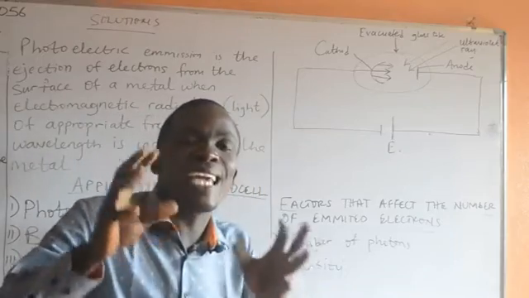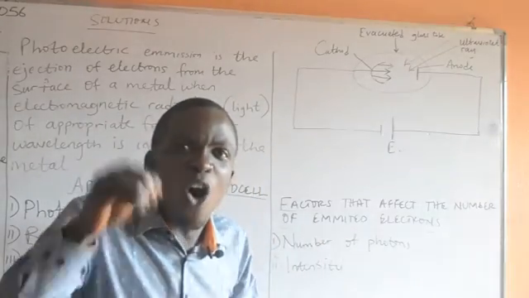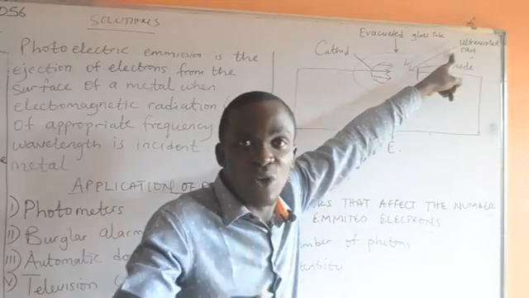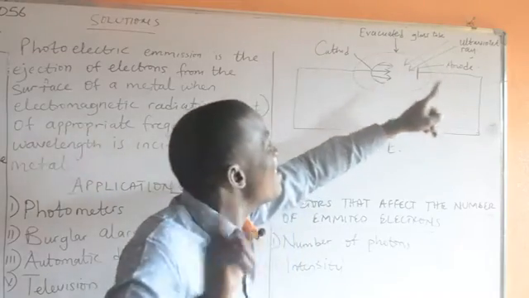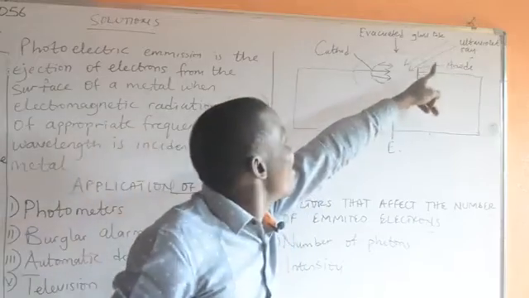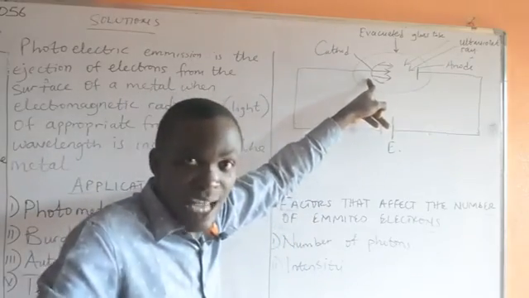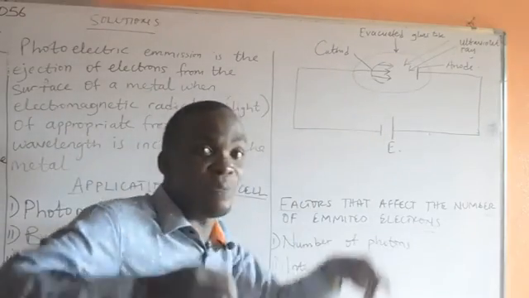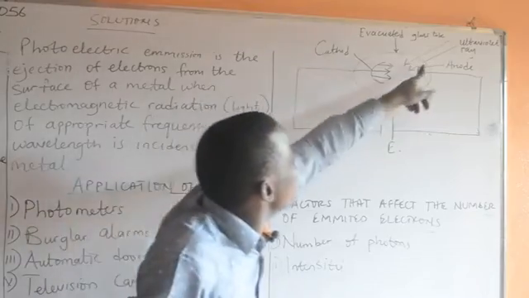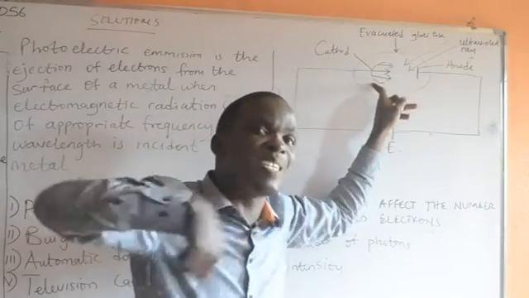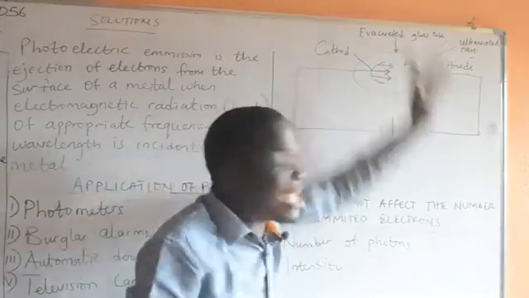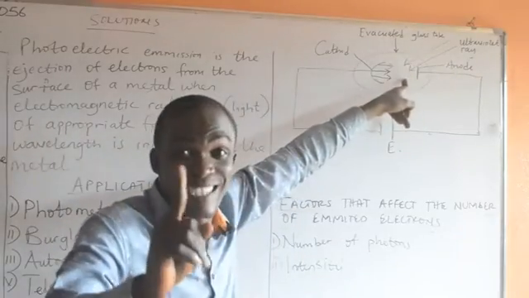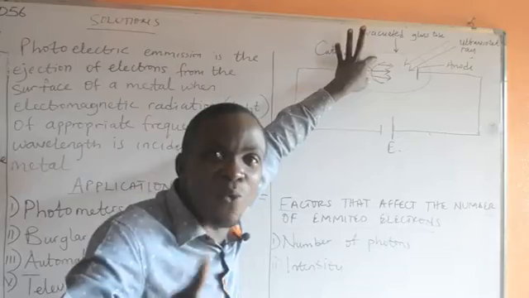Now we are told that when a particular radiation of an appropriate frequency, please take note, that is regarded as the ultraviolet ray, strikes the cathode. Take note of an appropriate frequency striking the cathode, and the cathode acting as a positive is telling us that if it's striking, it should be striking a photosensitive device. So radiation of appropriate frequency is directed as incident to strike a photosensitive device.